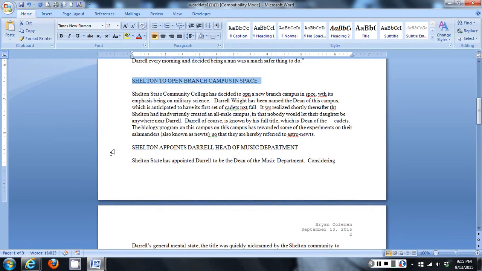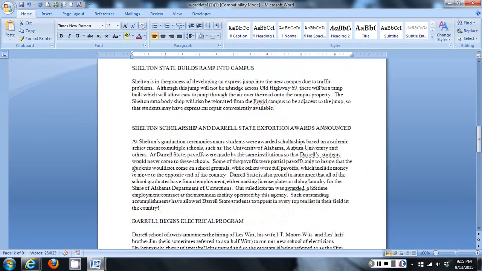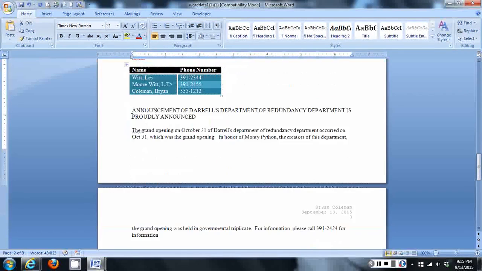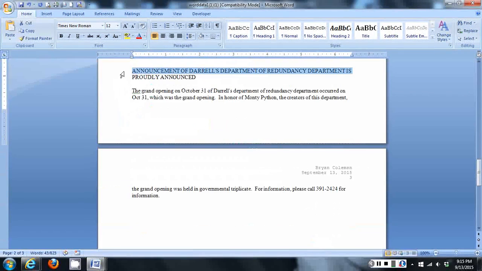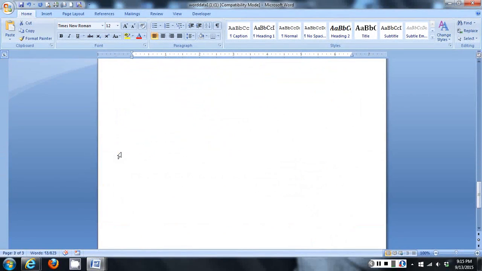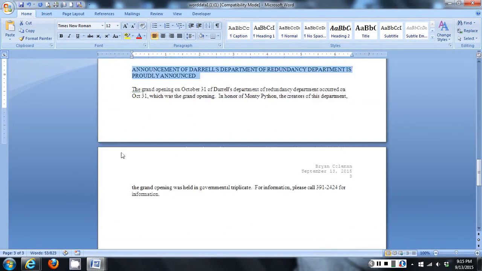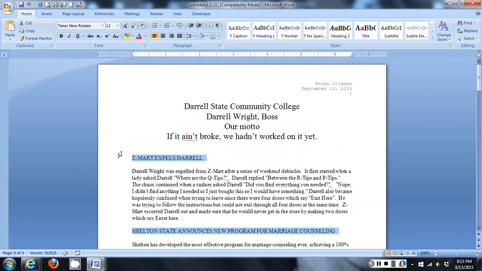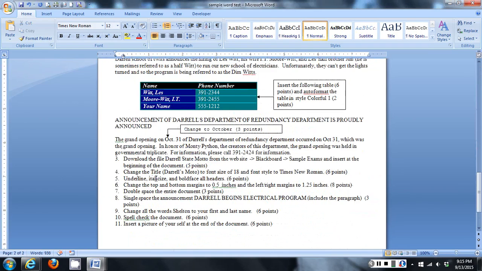click in the margin, and then click again, let off of the control key so I can scroll down the page, hold down the control key, select that header, select that header, select that header, release the control key, scroll down a little further, select that header, both lines, and release the control key and scroll down, and that's the end of my document. Okay, so now that I've got my header selected, the instructions were to underline, italicize, and